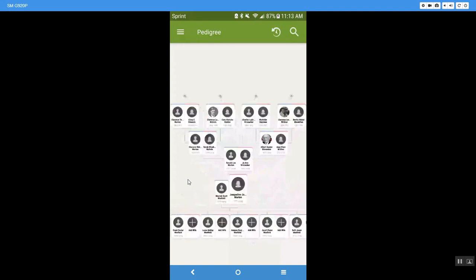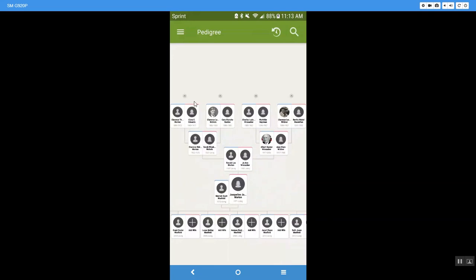And it will bring me here to 5 generations of information. So it automatically puts you in portrait view. In the desktop, we can use landscape or descendancy, but for the app, they have built it with portrait view. It's just easier for you to see. So it'll automatically pull you up in the middle. So here's me and my husband, and these are my children underneath, my parents, my grandparents, and then my great